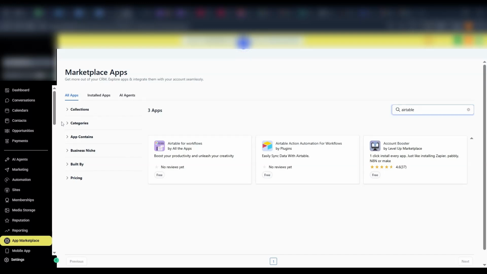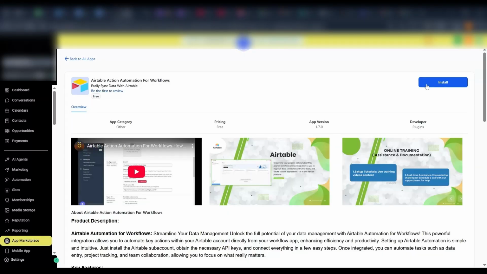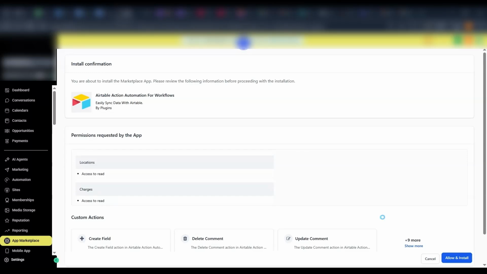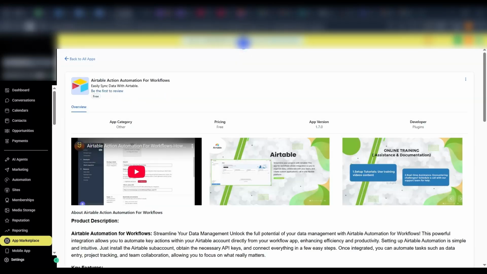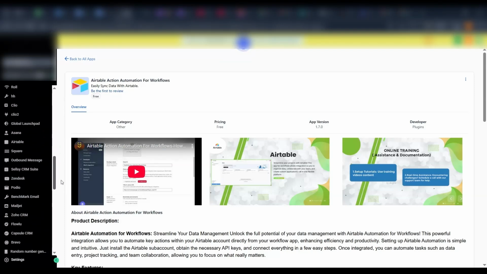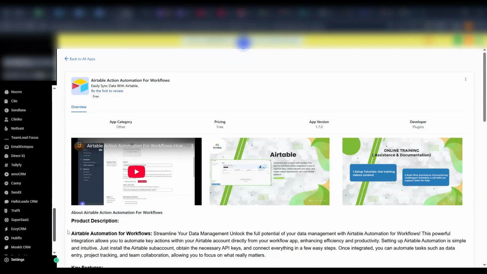Once in your account, navigate to App Marketplace and click on it. In App Marketplace, use the search bar to search for the application you'd like to install. From here, click Install and allow an install. The next thing you'd want to do is to refresh your page. Once your page is fully loaded, scroll down on the sidebar and click on the custom page of the application